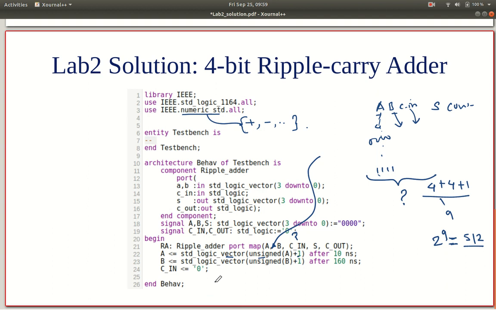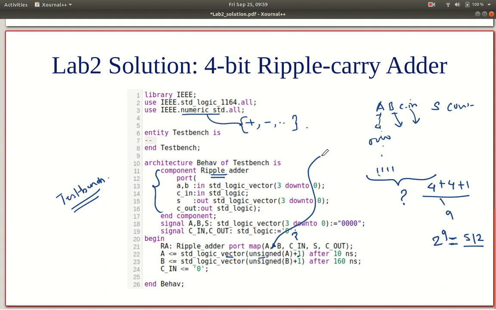So my advice is to not hesitate in using all these high level functions such as addition etc. in the test bench. Okay, this is to ease the testing, because the test bench is not really meant to actually create the hardware. But within the component that you are creating, say for example the ripple adder, don't use statements yet that don't provide an understanding of what the circuit may look like in the beginning.